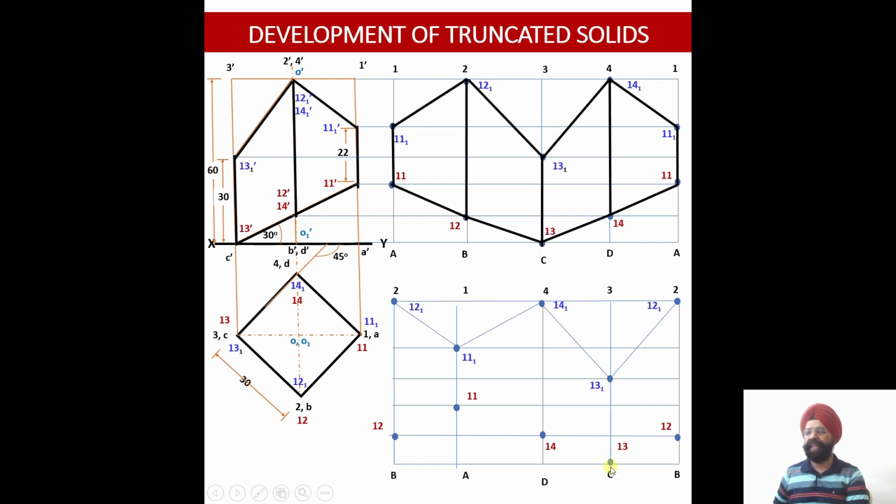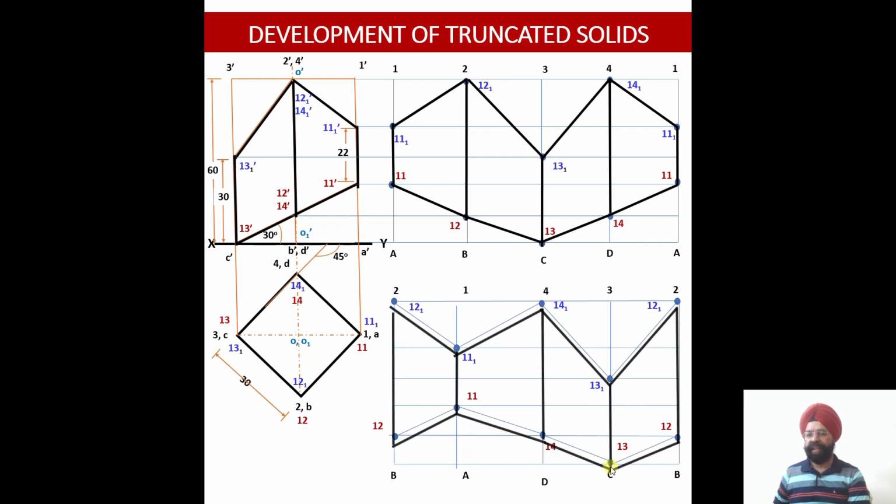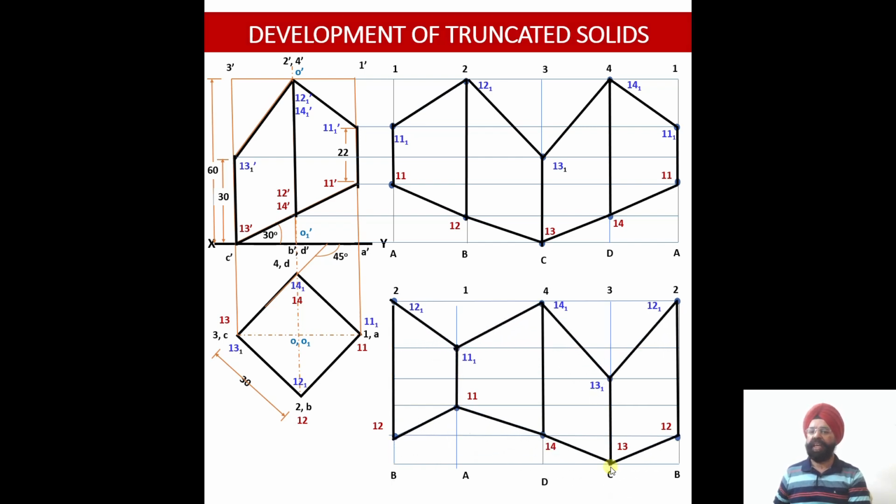So point 13 has also been located. Now having located all these points, I am going to join all of them and then work out the shape of the pattern, the unfolded sheet which has to be cut over there. You can see there is a distinct change in the nature of how the pattern has been obtained if we change our cutting from 1A to 2B, right?